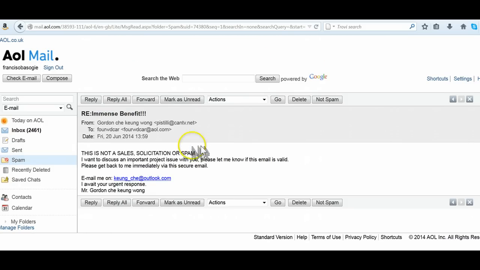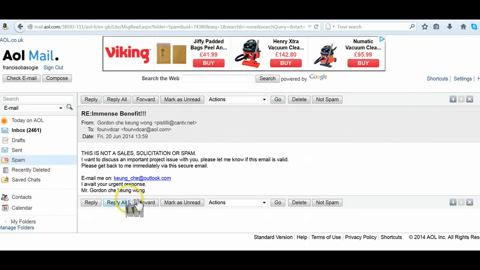You click on it, open it up, and you can see their email address here. Well, obviously these are people who are, in a sense, up to no good, as it were. But you copy their email address, just the email address. You can see it says from Godin Chi Kyung Wong. You copy their email address